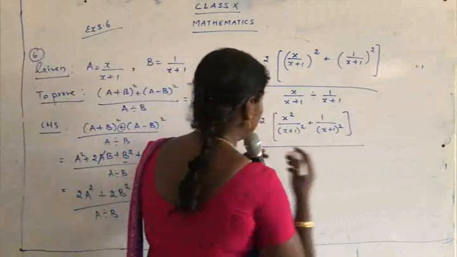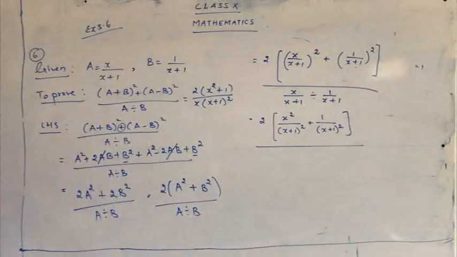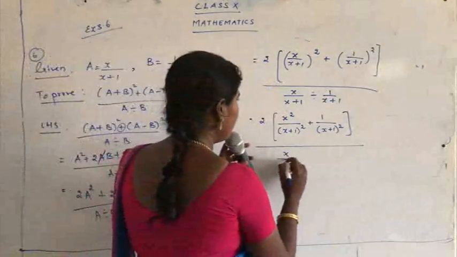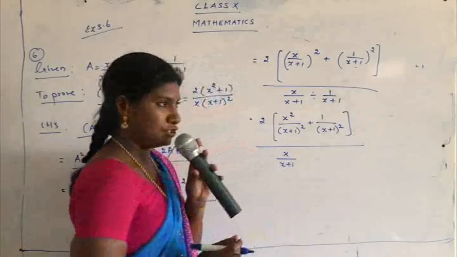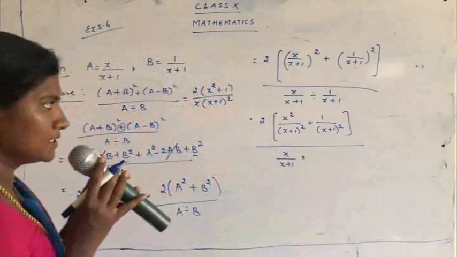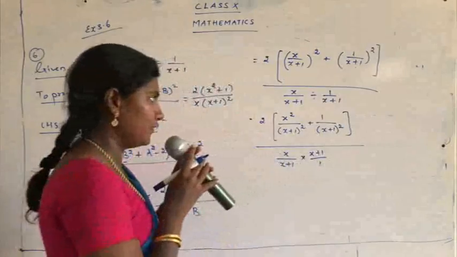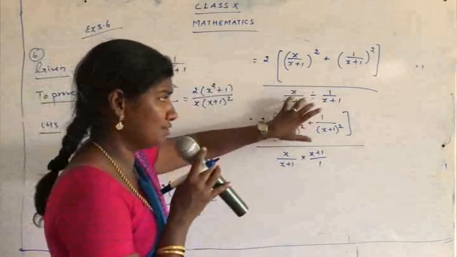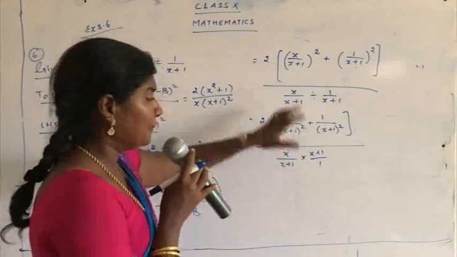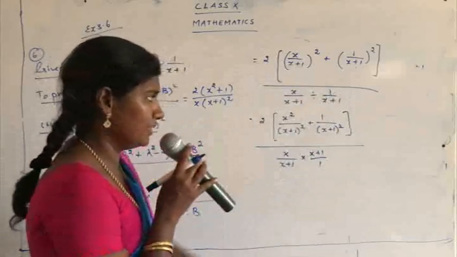Now see the denominator part. This is the previous exercise. Already we have seen how to simplify the sum when we have a division sign. Yes, children? The first part will be kept as it is, x upon x plus 1. Division will change into multiplication. Good. And what happens to the next part? That is 1 upon x plus 1 changes to x plus 1 upon 1. Be careful. This is a very, very important one. We cannot do anything with the division sign. So what is your step? The first part is to be kept the same. The division sign should be changed to multiplication sign. And we have to take the reciprocal of the next part, the second part.